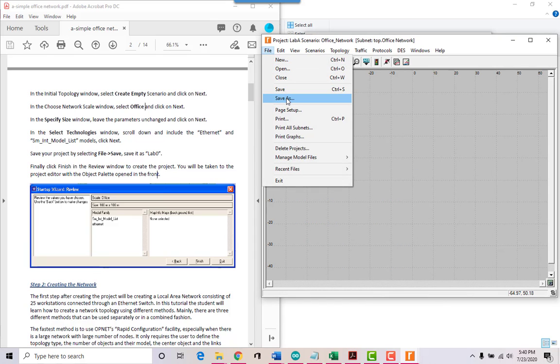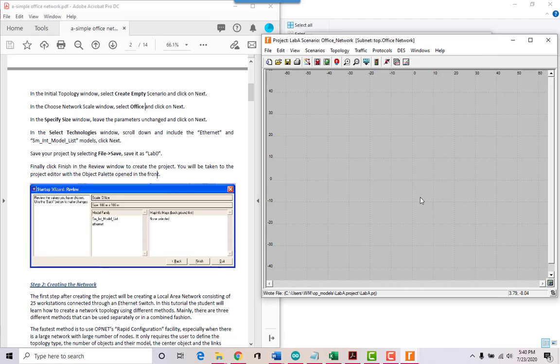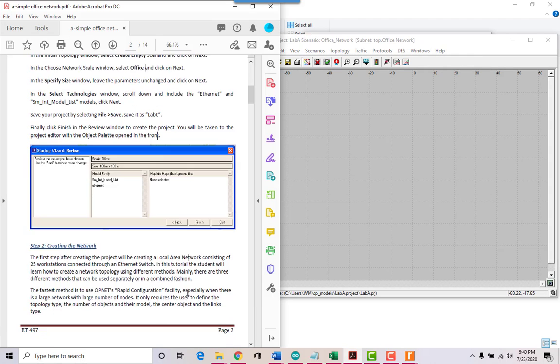File. It was probably creating a whole bunch of things in the back, so I'll just save, it's lab 8 already, so then we just move on here.